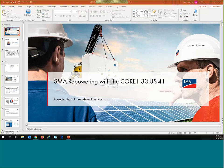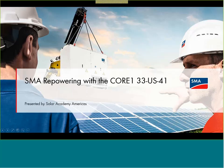And there was also the mention of rapid shutdown. I'll talk briefly about that. But the CORE1 line definitely has a lot of flexibility in terms of meeting rapid shutdown requirements for the U.S., and so I'm not sure exactly the differences in the language of code for rapid shutdown in Canada and what you might have to comply with, so I'll briefly mention what the CORE1's capabilities are. And we'll go through this, and I am going to focus on the 33 kilowatt model of the CORE1. I'll show a little bit of information about the 50 and the 62, but for repowering, there are some specifics for the 33 that make it very